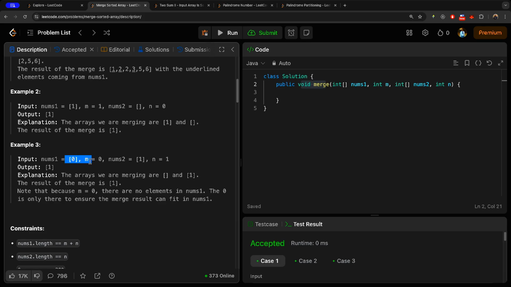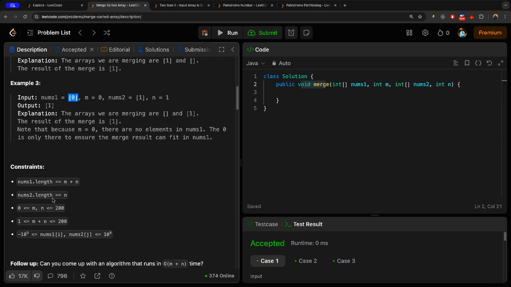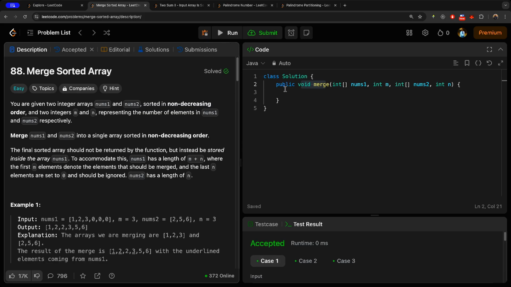Yeah, so I think we actually get the gist. So here the output is 1 because nums1 is 0, so we're going to replace it with this, and we've been given a little bit of constraints here, where the length of both arrays is between 1 and 200, and also this. Taking a look at this, you need to be able to build an intuition